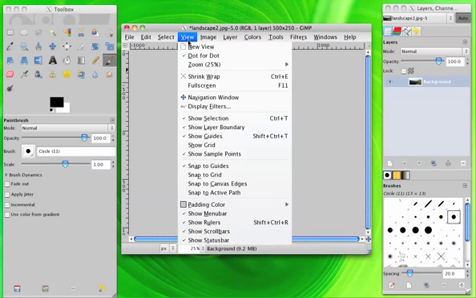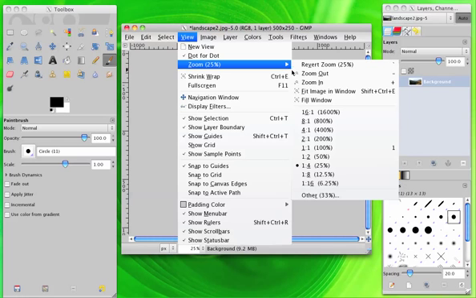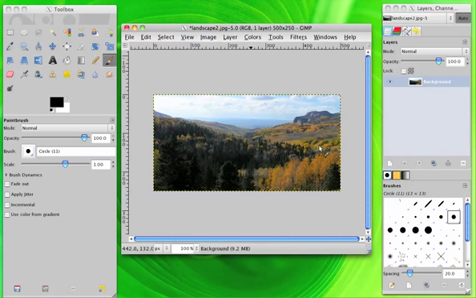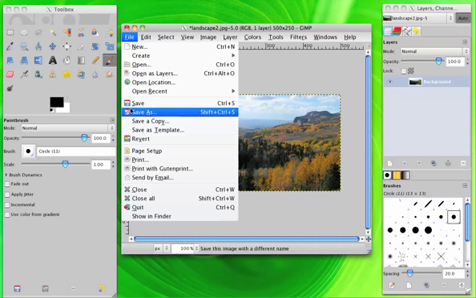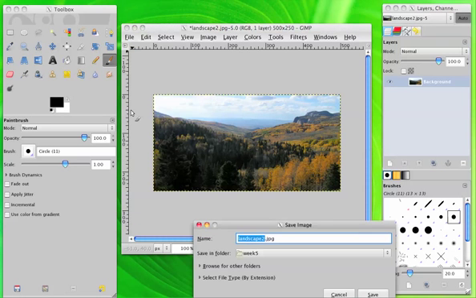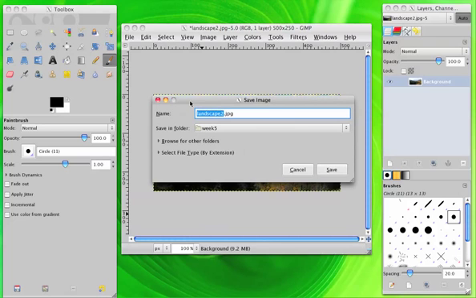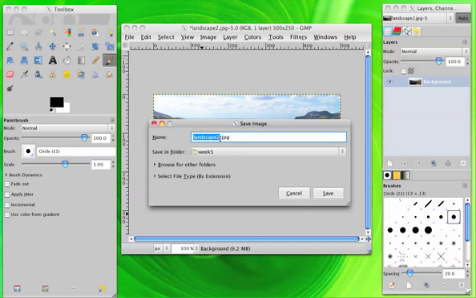Now it looks super tiny right now, but that's because we're zoomed out quite a bit because our original image was so big. If I zoom to 100%, you can see the size that it will appear on the web. The only thing left to do is to save this image. So I'm going to go to Save As. You never want to overwrite your original image. You always want to keep those so that you can always go back to them and get different sizes if you need to. So I'm going to save it as landscape